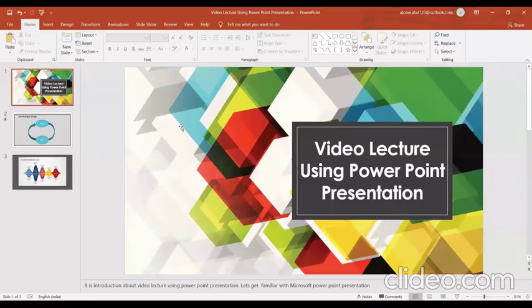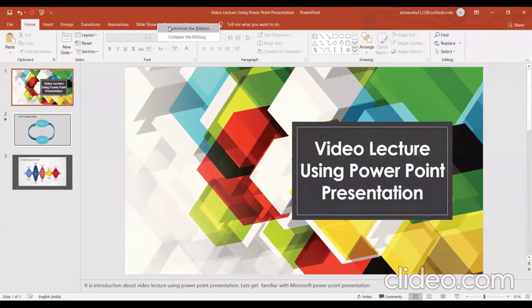The option of recording a slideshow as a video in a PowerPoint presentation is available from version 2010 to 2019. For recording a video lecture using a PowerPoint presentation, the first thing you need to do is to insert a new tab called the recording tab. Even if you have Office 365, you would see that the recording tab is not part of the default set of tabs. The simplest way to add this tab is to go to any of the tabs here, right click on it, and you will find two options.